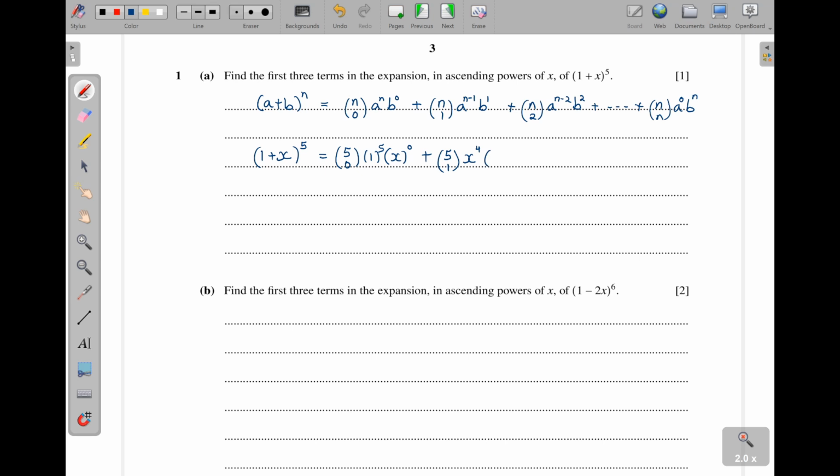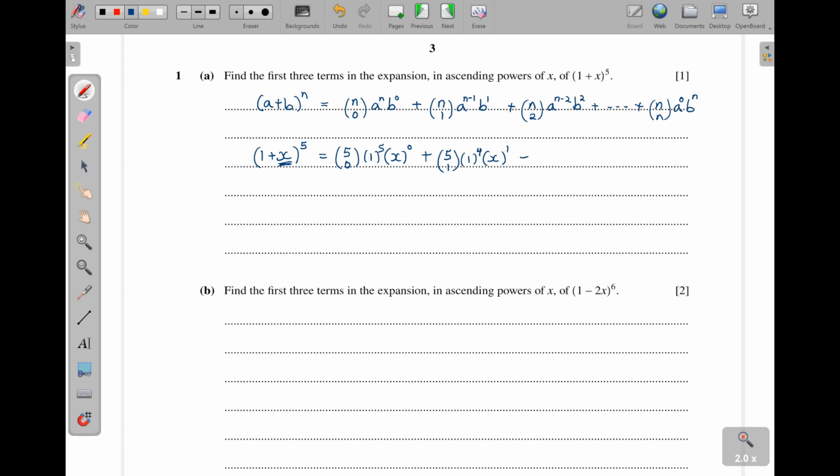Wait, there is something wrong here. In ascending powers of x, that means x has to be the second term here, because the second term in our expansion is the one that is increasing in the powers. Do you see? B increasing in the powers. So they can give you an expression where x is beginning, maybe there is x plus 1 inside here. So if they are saying ascending powers of x, then you are supposed to switch these two, so that x comes last. All right, now we shall have 1 to the power of 4, then x to the power of